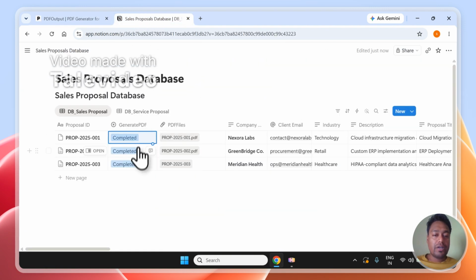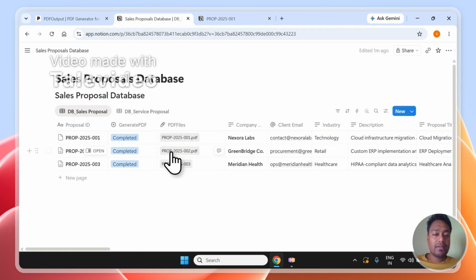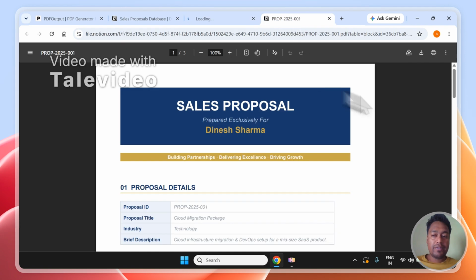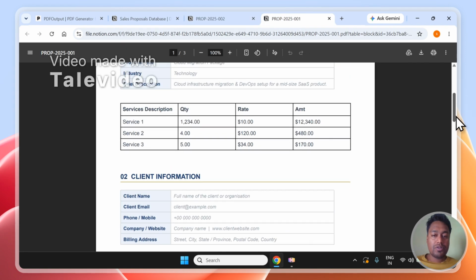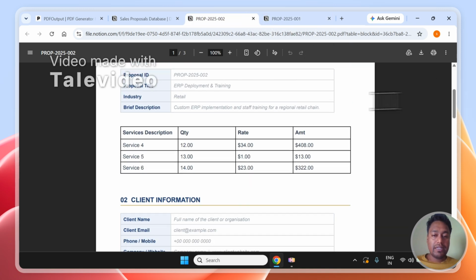Okay. So now I can see it has already completed both these proposals and they are marked as completed status. And if I click on the PDF, I should be able to see the PDF file which has been created right away. So we can see both the PDFs have been created with the corresponding values, and it is automatically reflecting the